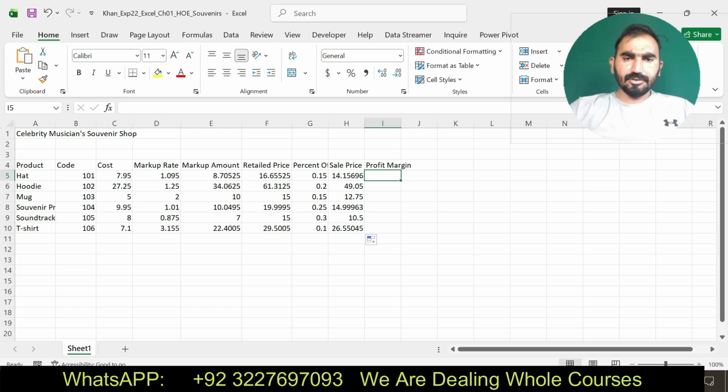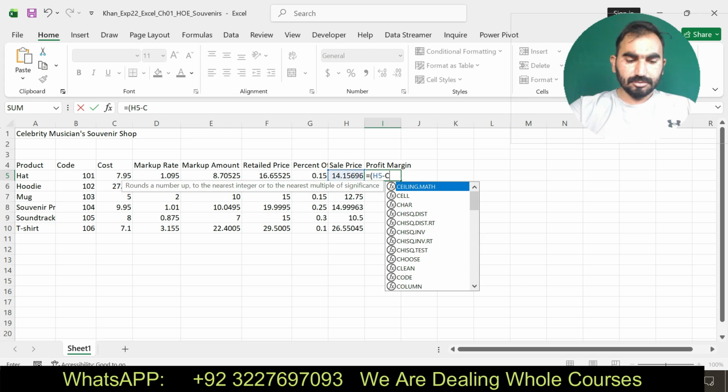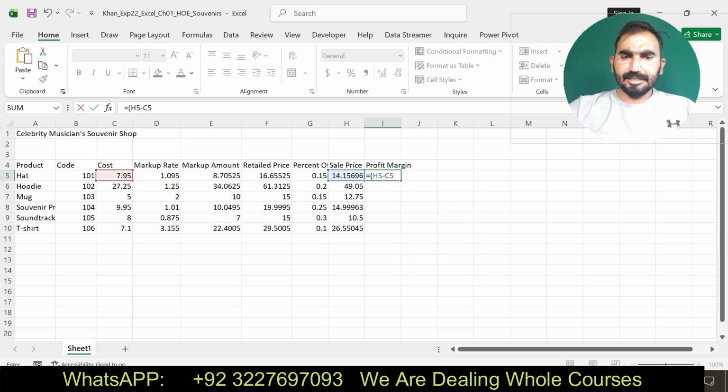Okay, H5. I am going to do this one. You can see here H5, the value of the sale price minus C5, then divide this by H5.